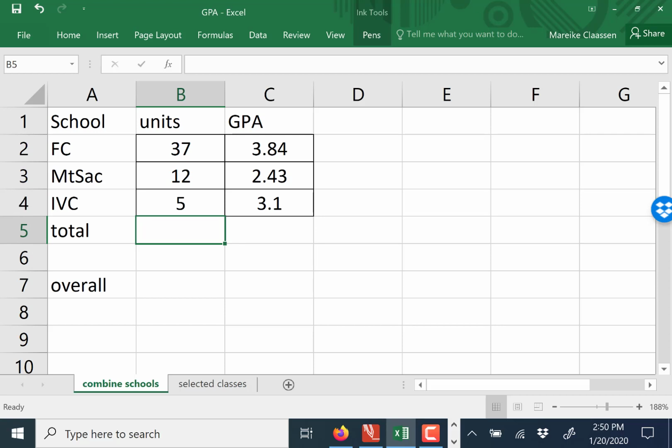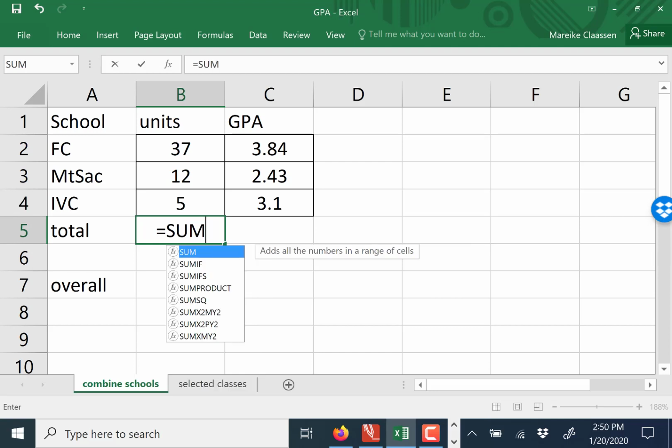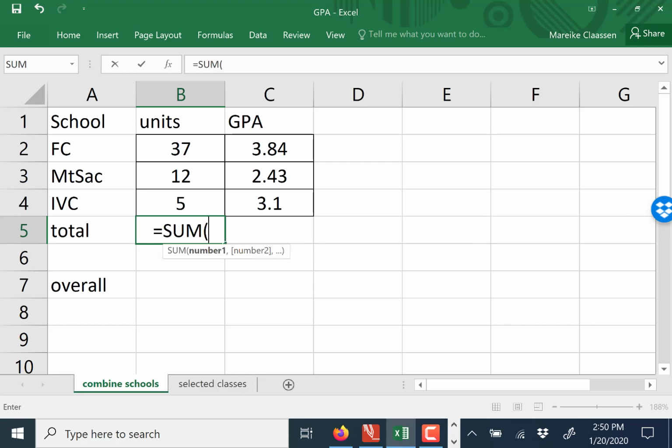So in this case, to calculate your school GPA, I just put in the numbers, number of units, GPAs. So what you want is the total number of units. So what I'm going to have to do is add these 3 numbers up. In Excel, when you want to do a calculation, you put an equal sign, and then you give it the command to do something. So in this case, I'm going to do the sum and open some parentheses